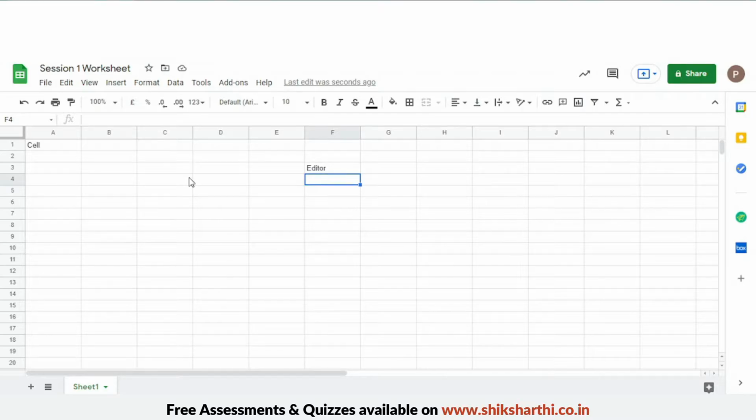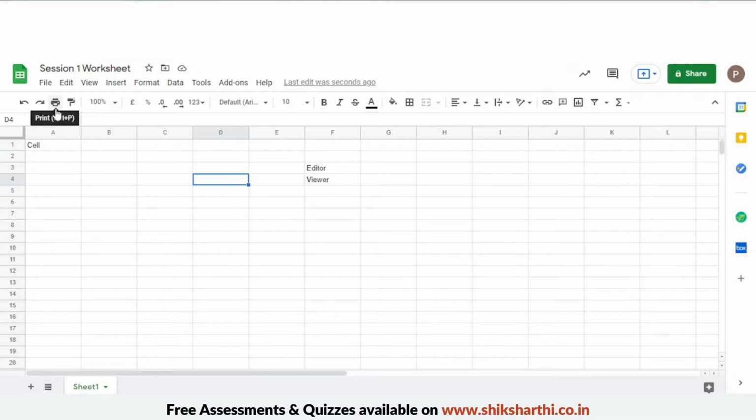After clicking undo, if you click redo, which is this button, it just undoes the undo. Like last time, when there was a viewer, I clicked undo, since it's the last thing I did, so my viewer got deleted. When I click redo, the viewer appears. So using these two options, you can make any of your mistakes appear or disappear from a Google Sheet.